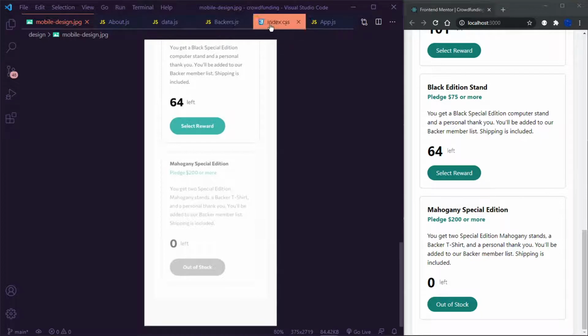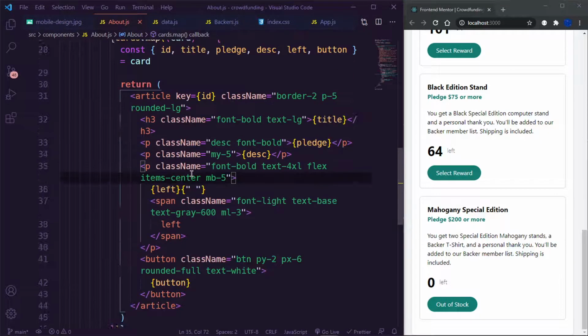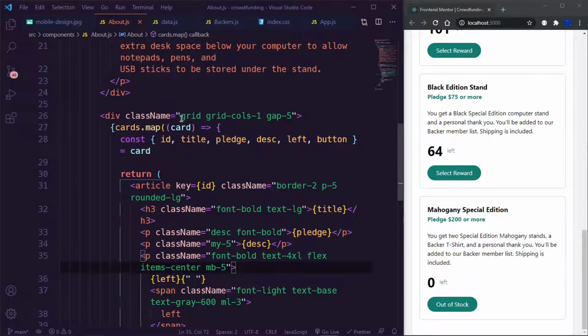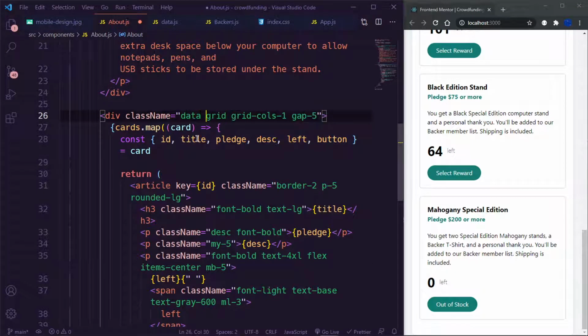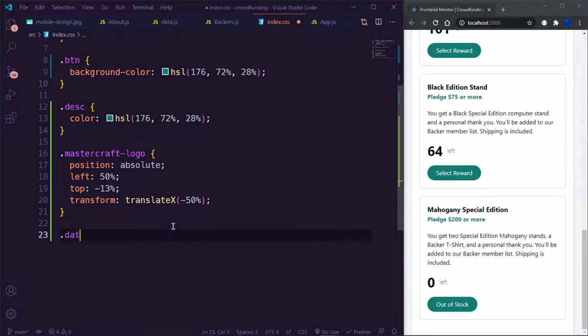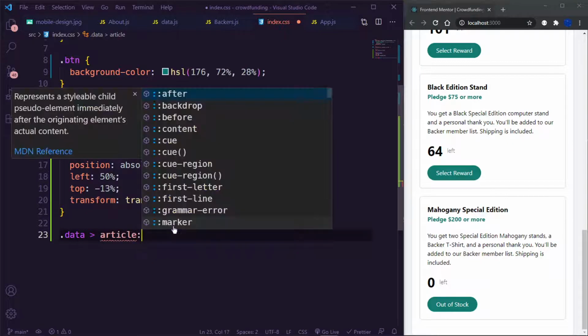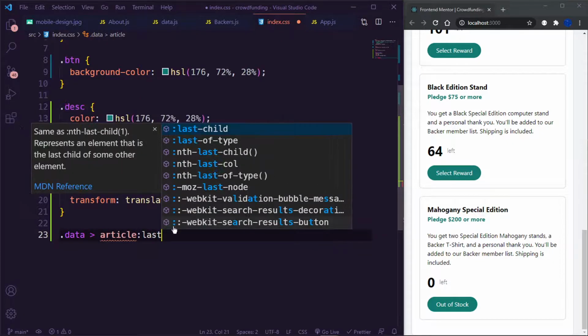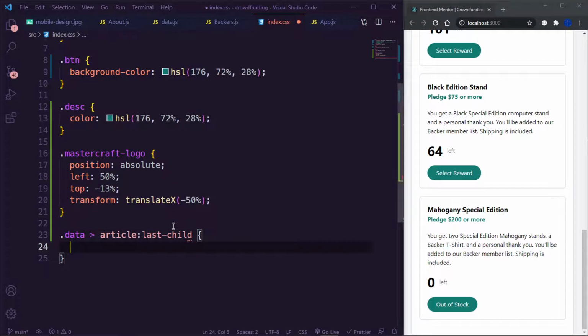Let me go inside my index CSS. Actually, let me go back into about first of all. Give this a class name of data, right? Data. Go inside my index CSS, and I'm going to target the data class, and then target the articles inside, and say for the last child, right? For the last child, meaning this one, I want